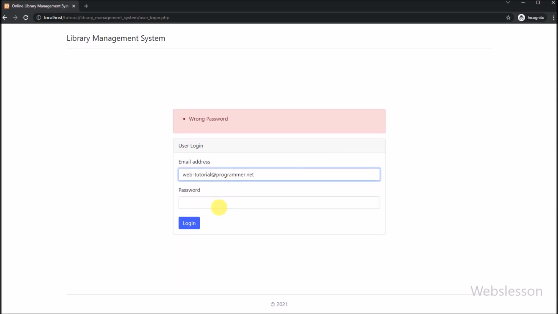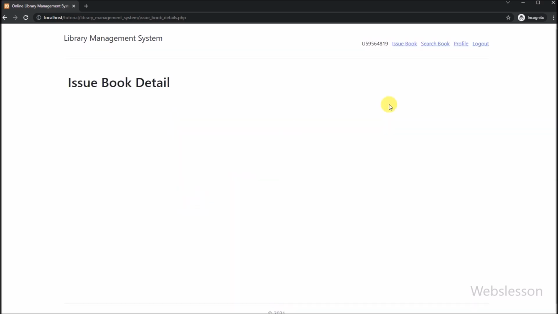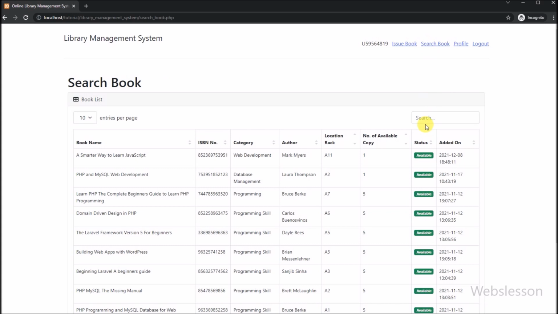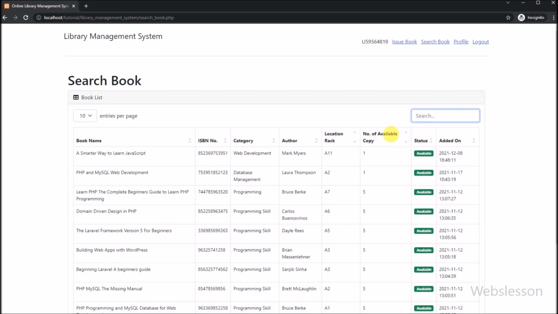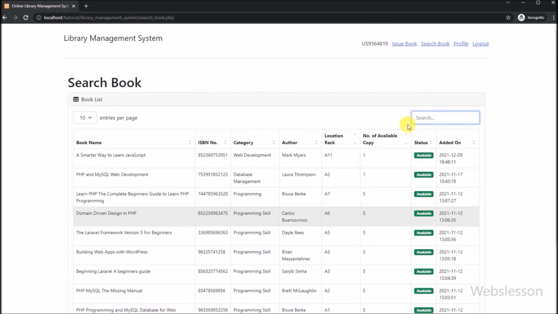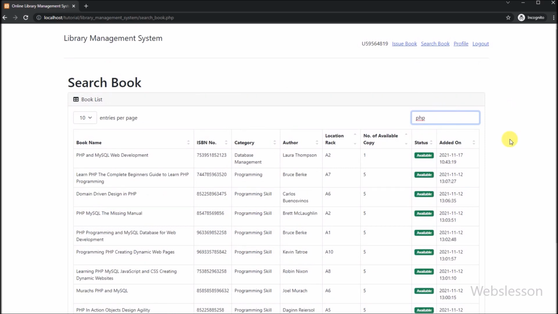So under this part, we have learned how to fetch data from a MySQL table and display it in JavaScript DataTables by using a PHP script. In the next part, we will create a form to add new book data into this library management system, and under that form, we will fill the select box field with dynamic data by using a PHP script.